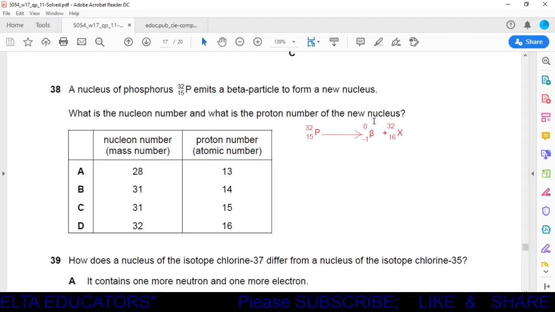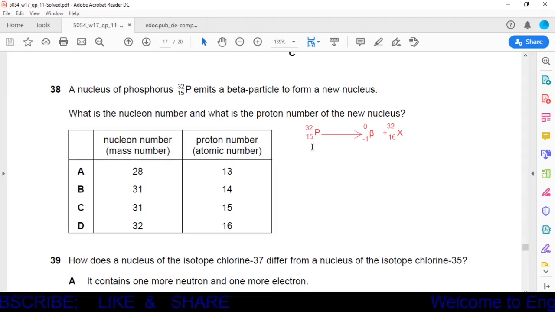In the topic of radioactivity, we have studied that there are three types of particles that are emitted out during radioactivity. These particles are alpha, beta and gamma, and beta particles are given as beta minus 1 0, where this minus 1 is the atomic number or charge number. Here 0 is the mass number. Now here for the phosphorus, the mass number is 32. Since the mass number of a beta particle is 0, whatever the new particle is will have the same mass number as the mass number of phosphorus.